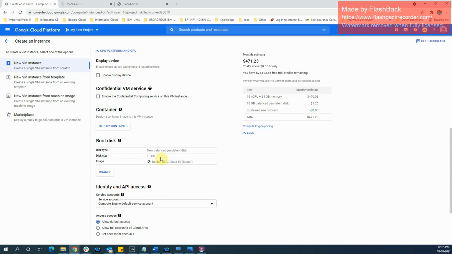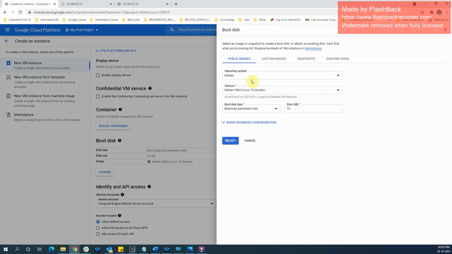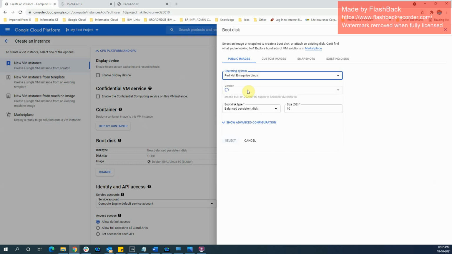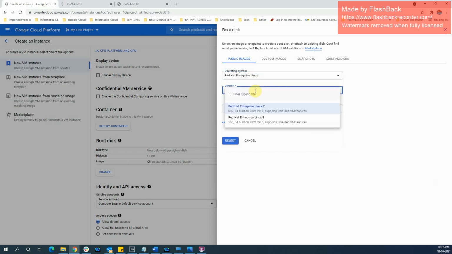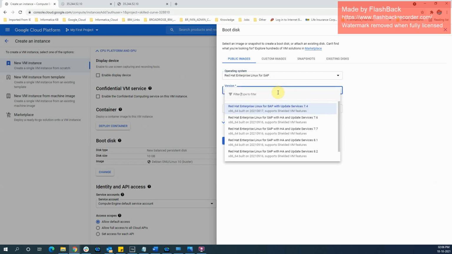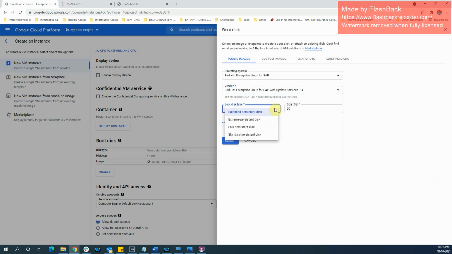Then okay, so here the disk size is only 10 GB and the image is Debian GNU Linux 10. So we can change this. So let's go. We don't need Debian. We will go RHEL. Okay, in RHEL we don't need 8. We need 7 point something version, but we don't have it here. So let's select this RHEL SAP with update 7.4, and